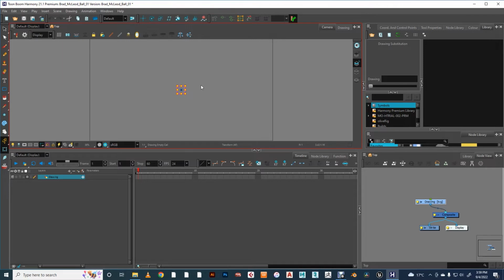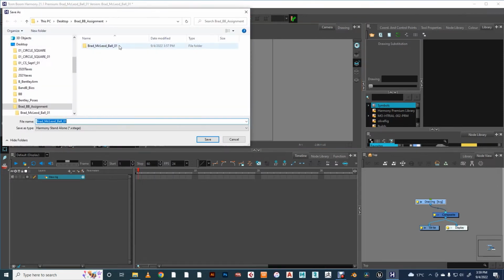So why did I put a 01 at the end of my scene name? Really important. This is called indexing. The way I would like all of you to be saving as you're working throughout the course is you're going to call your initial scene this name, underscore 01. After about 10 or so minutes, and that's up to you how much you save, I say save more, you're going to go to File, Save As, and then you're going to say